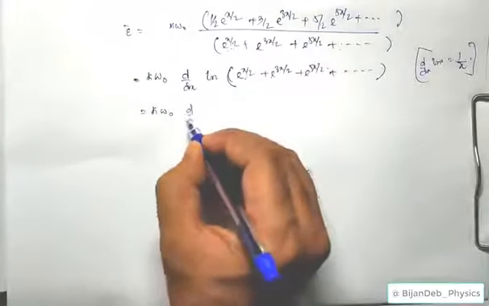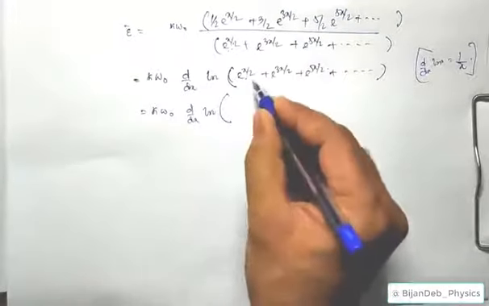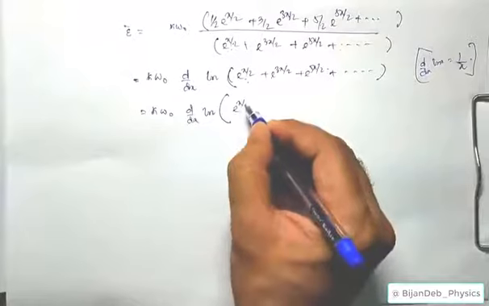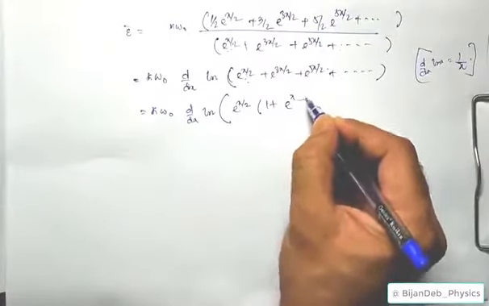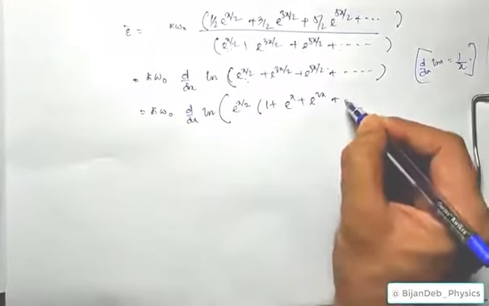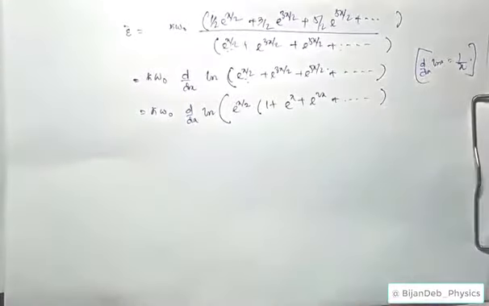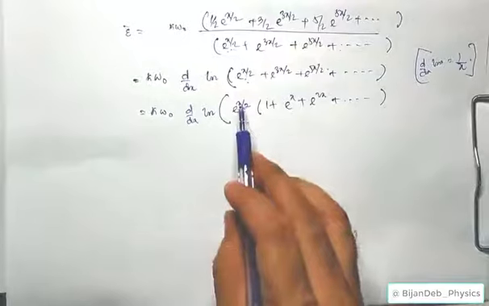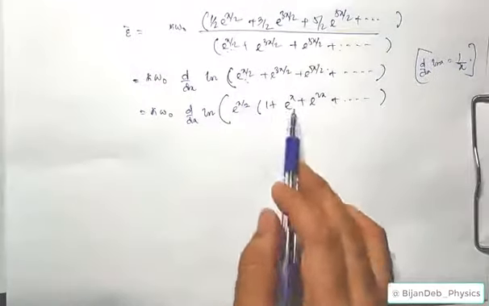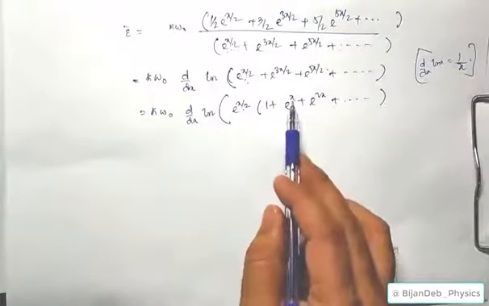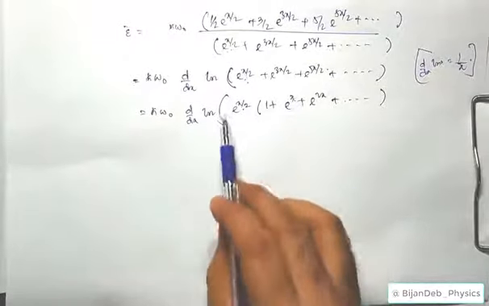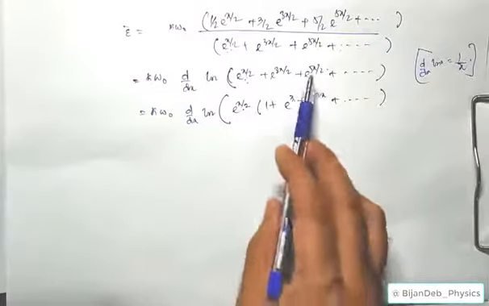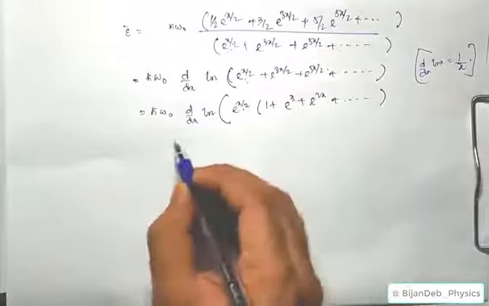So then we will again simplify this ln. So now we will take e to the power x by 2 common. So this will be 1 plus e to the power x plus e to the power 2x plus like this, 3x, 4x, 5x like this. So first term will be 1, then it will be e to the power x, okay, 1 plus half, then it will be 2 plus half. So like this you take this.